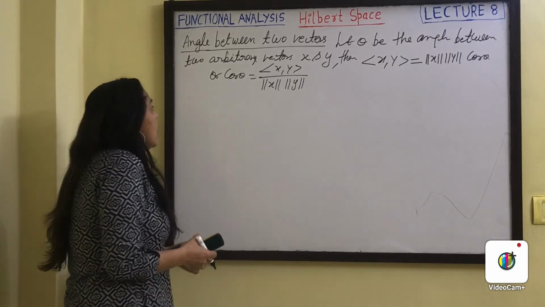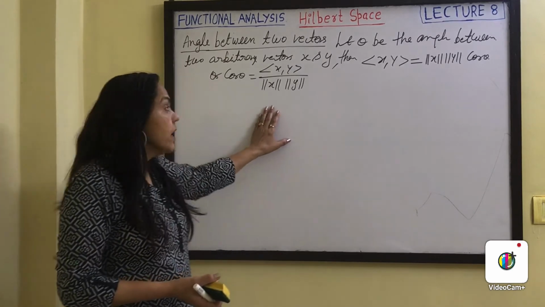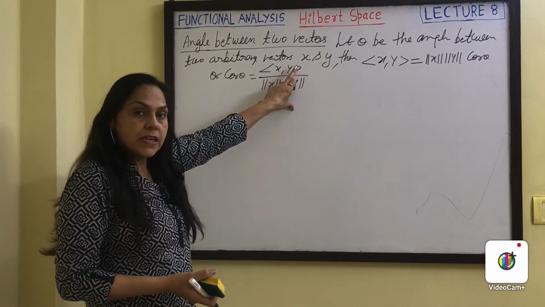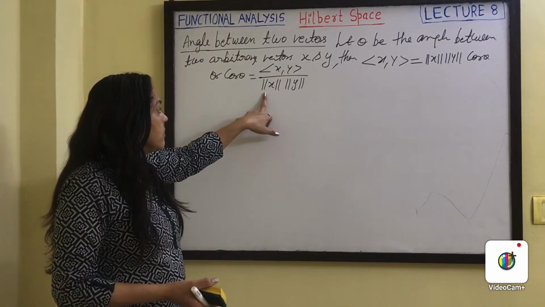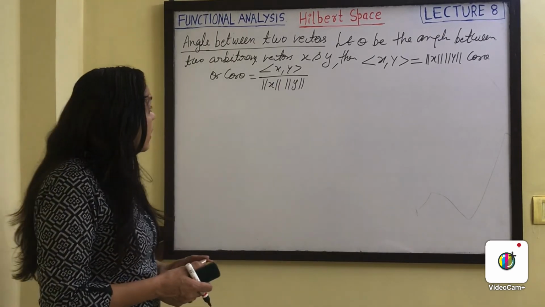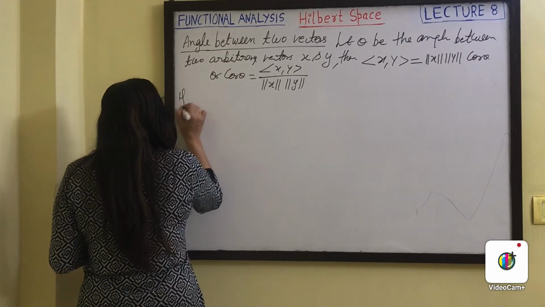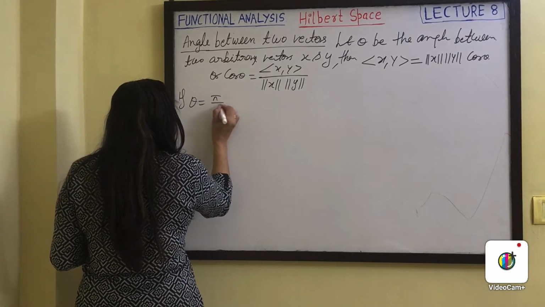So the angle between two vectors is given by this. Now, if theta is 90 degrees, particularly if theta equals pi by 2, we can say